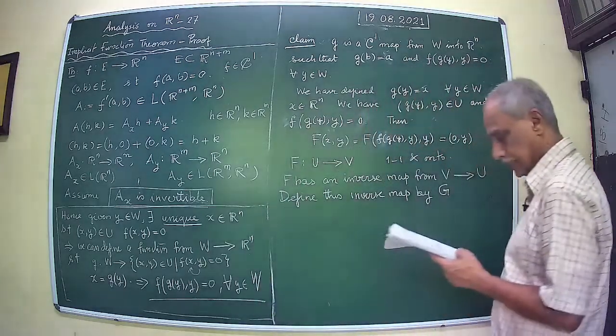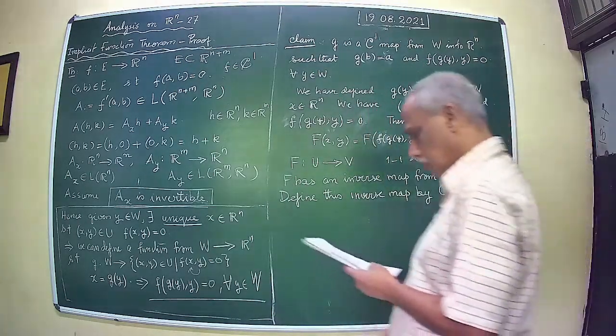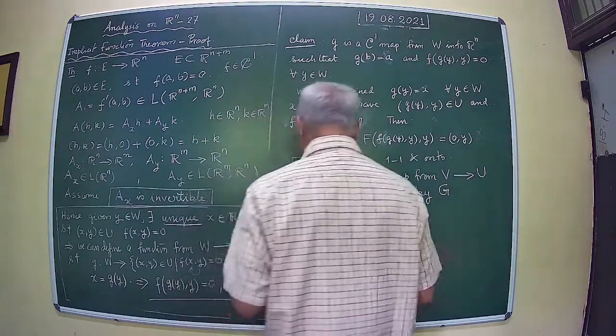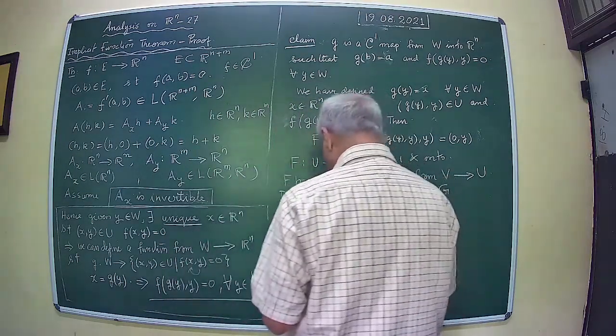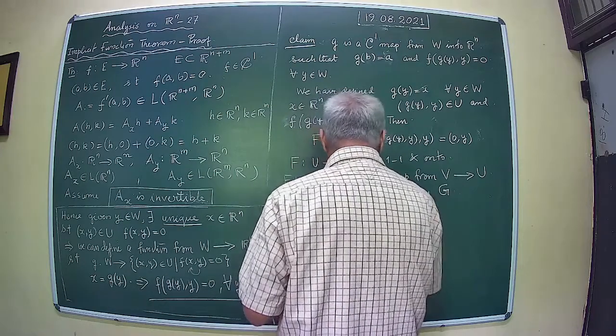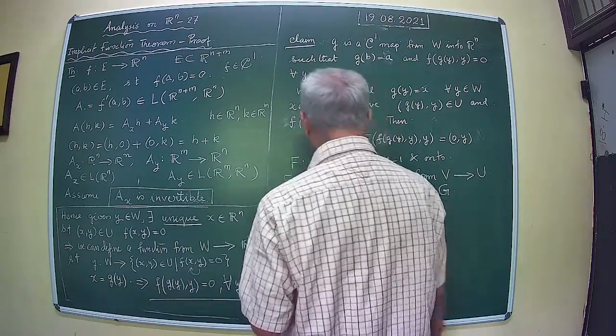So what does it say? So that is G is a map from V onto U